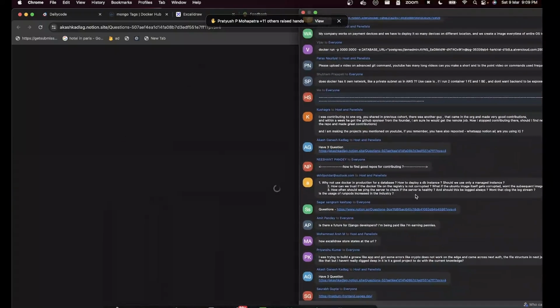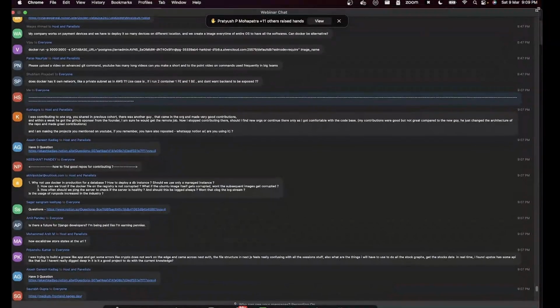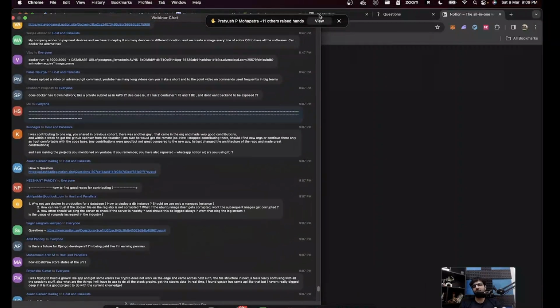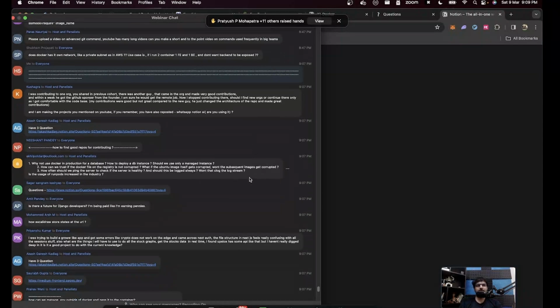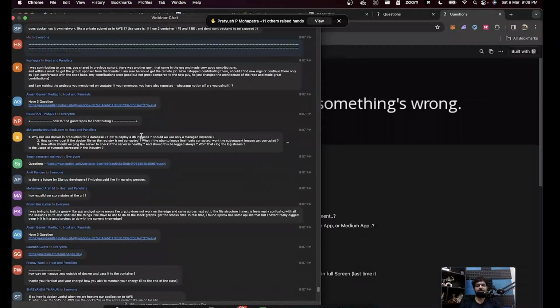How to find good repos for contributing? Just find what interests you. I don't point to repos anymore because they get spammed. But you can do two things. One, find a repo that has very good code written. A lot of websites are open source. I can say one name because I've said it many times and the contributor there is very nice: dub.sh. But other than that, do it for the skills. Don't do it for a job. Job will be an eventual outcome. That is what I say now to avoid any spam.